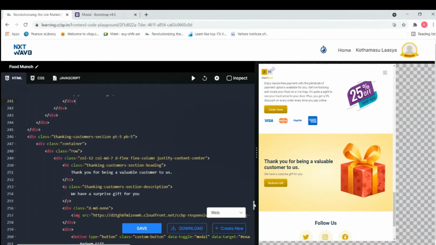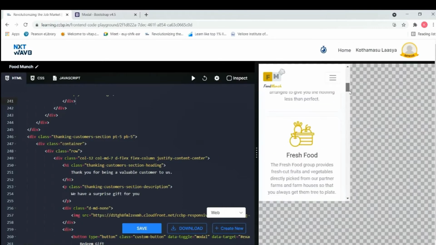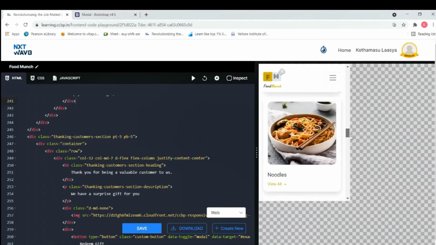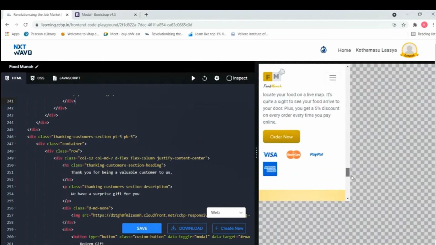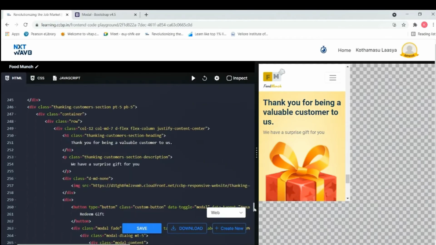For this thank you section, let's go to the extra small devices first. Since we are doing a mobile first approach, we need to go for extra small and small devices first. So for the thank you section for extra small devices, this heading occupies a whole 12 columns, heading and paragraph. Next we have an image. So all these 3 are in a column, in the center of the column. Since I have given d-flex, flex-row, justify-content-center, they all are aligned in the column in the center.